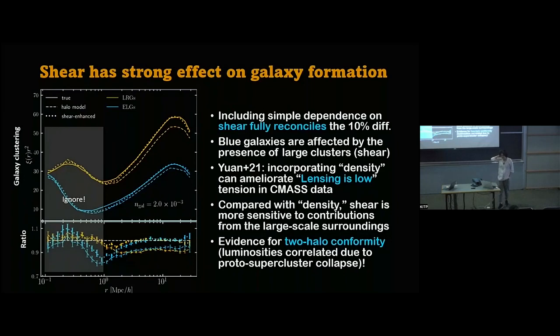Basically the way that we do this is you take a dark matter only simulation and you now measure these quantities as you mentioned. You construct some kind of new galaxy halo model that takes it into account in some form. So, for example, you can have a two-dimensional HOD that has mass on one hand and shear on the other hand. That's a simplistic way of thinking about it. And now you can vary the various nuisance parameters in your model and generate different predictions about the galaxy clustering. Once you do that, you can compare it at that level with the data.